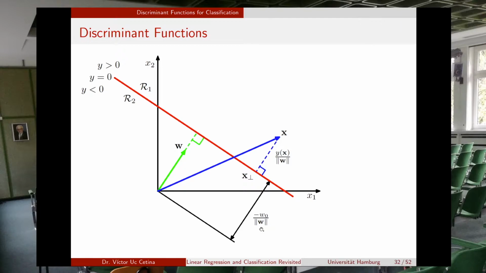Now let's check that we can also compute the distance from any vector or any point to the decision boundary. And we will see that this distance can be computed as the evaluation of that vector in the decision boundary divided by the magnitude of our parameter vector. I am going to show this in the next slide, but here it is important to see that this distance,